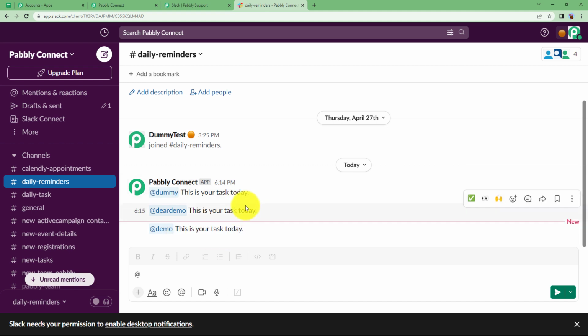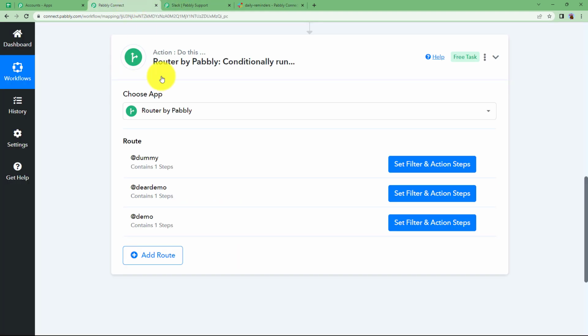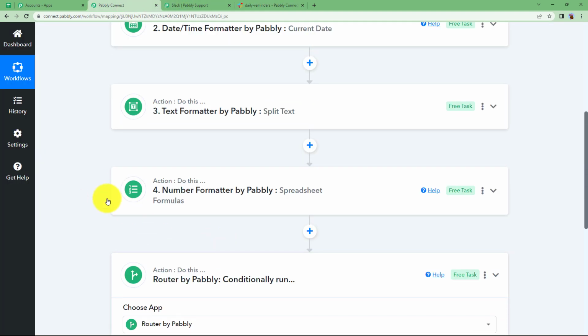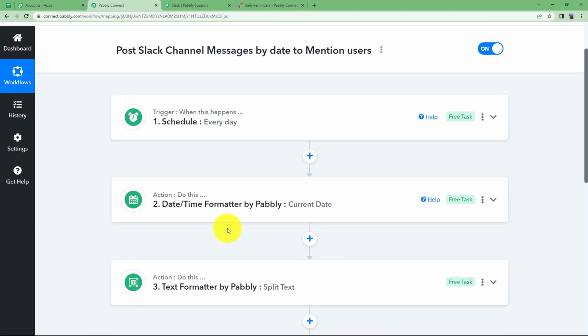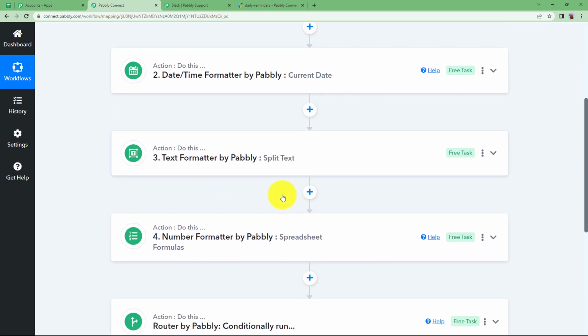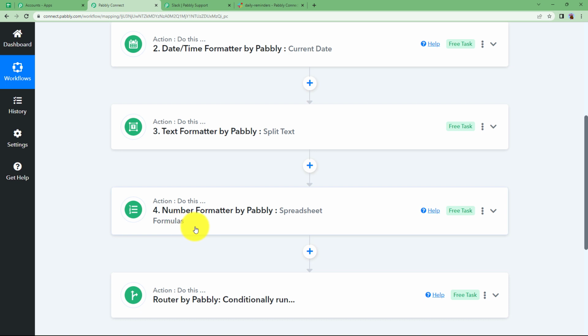So because we have made a dummy workflow right now and we clicked on save and send test request, these 3 messages have arrived today itself, just now in front of you. But every time now this workflow will run, what will happen is that the schedule will make sure it runs every day. Then the current date will be formatted, it will be split, and the number of that date will